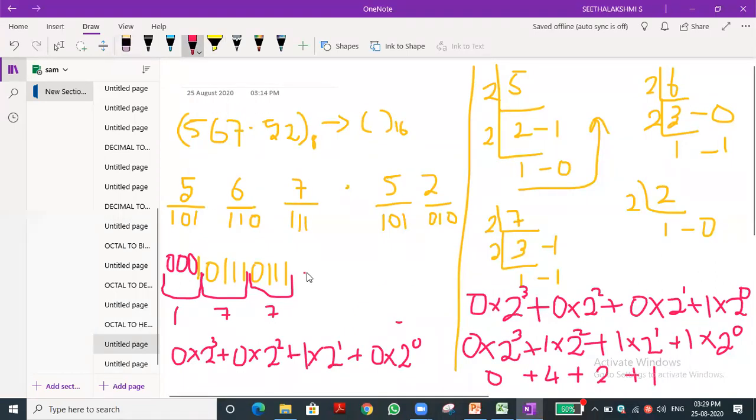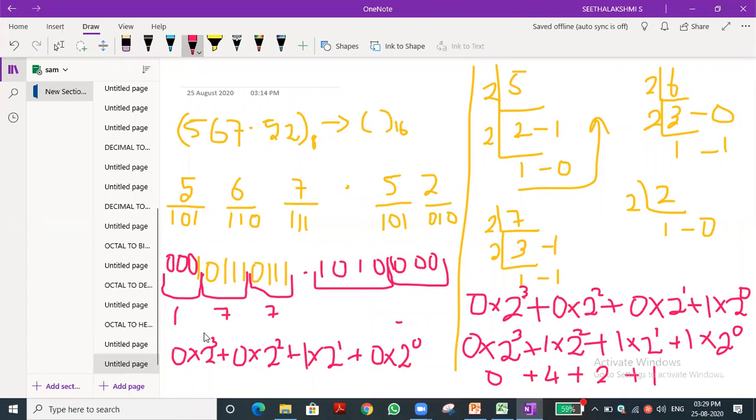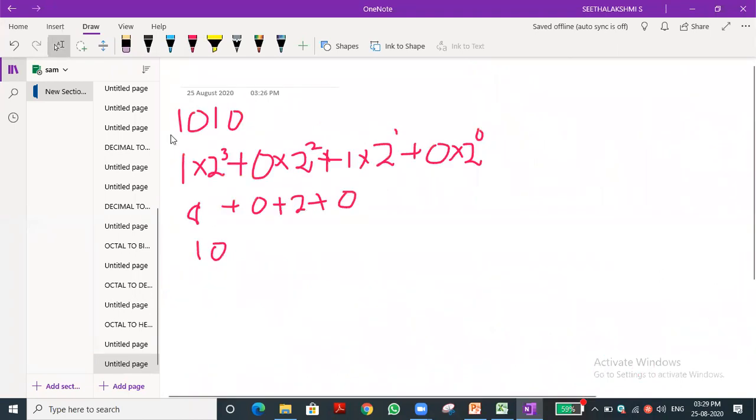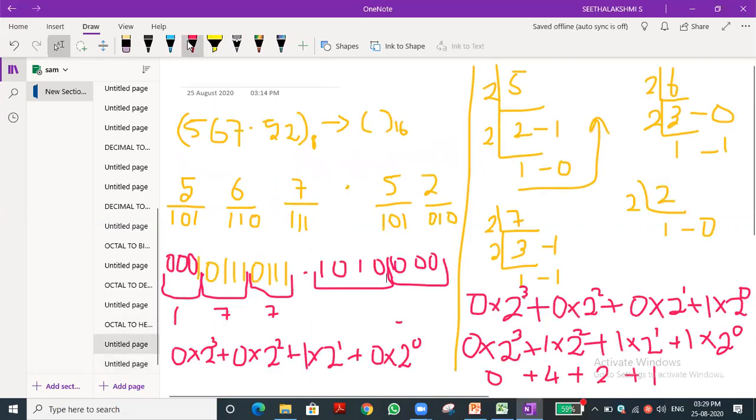You can see. So what is the value here? 101, 0 1 0 1 1 0. Group by 4, no? So the first group is this one, and the second group is from here, and we need to add 2 more zeros, isn't it? 1 triple 0. So 1010 value we already calculated. 1010 means 10, no? Here we have to write 10. So 1 triple 0, what is the value? That we need to calculate.